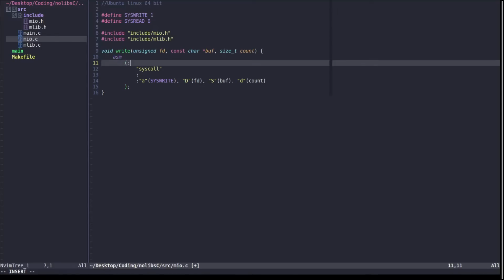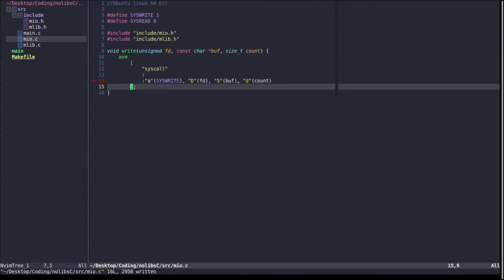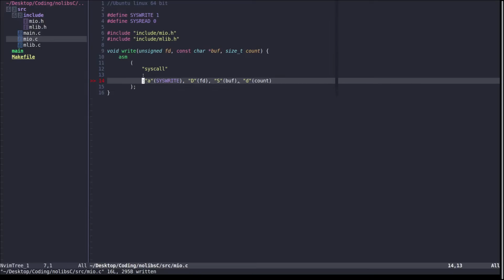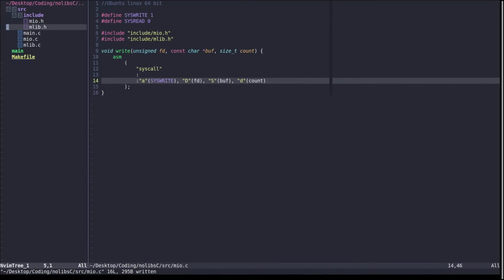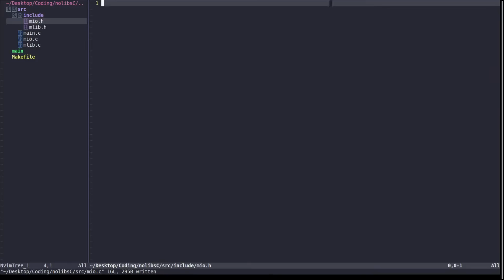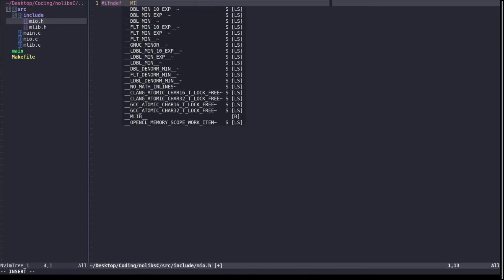We're obviously going to have to define this first inside of our... Oh, what do you not like about this? Oh, did I put a dot here by accident? There. And then we're going to need to put into here ifndef _mio